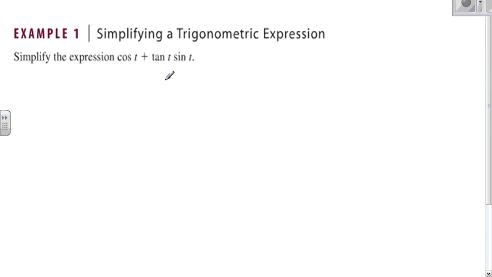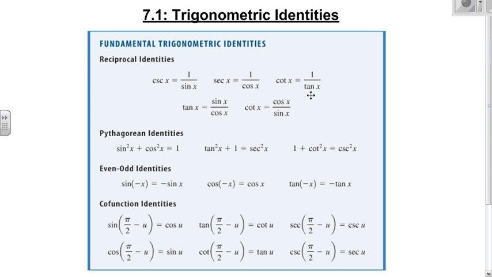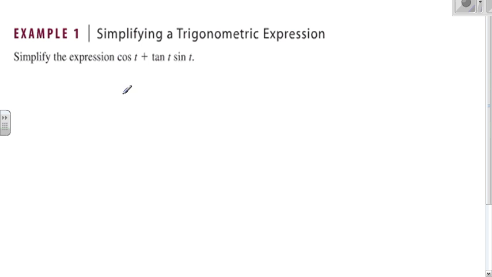So for our first example, we have cosine plus tangent times sine. The first thing that you really want to do is write everything in terms of sine and cosine. That's kind of our first trick, is make everything be sine and cosine. So let's rewrite tangent as sine and cosine. Tangent is sine over cosine. So if we rewrite this, we have cosine